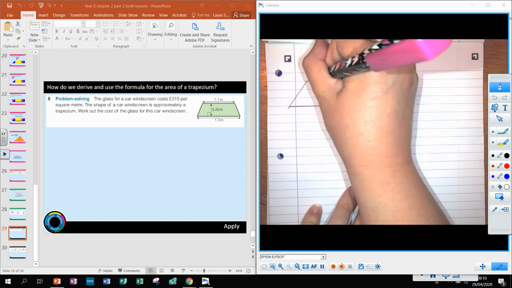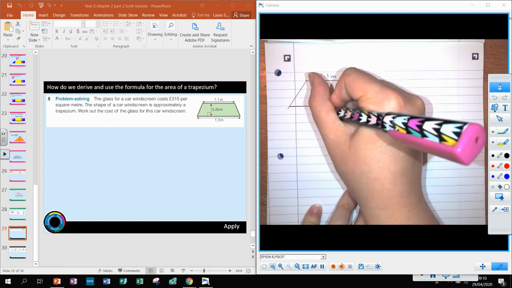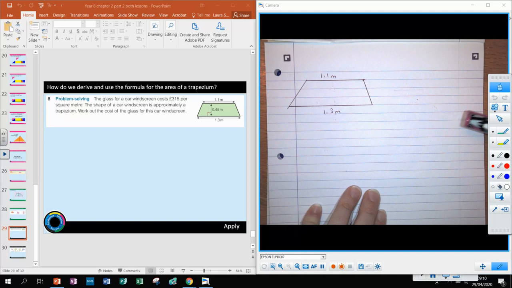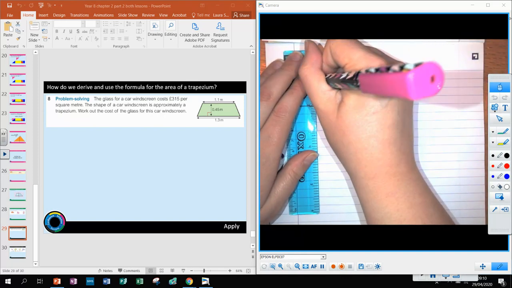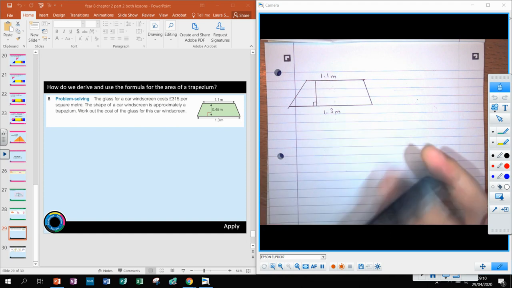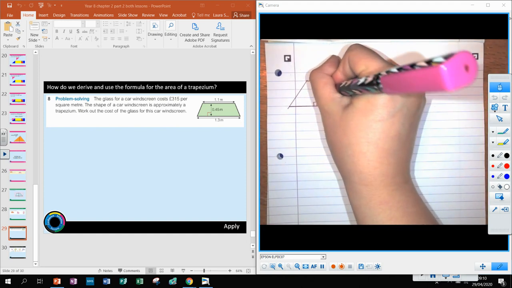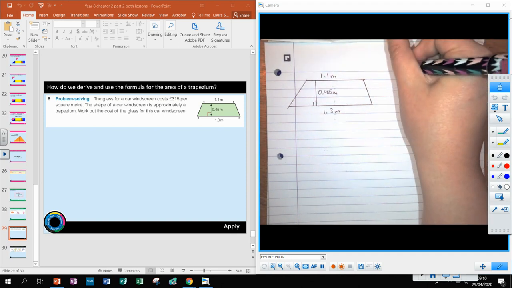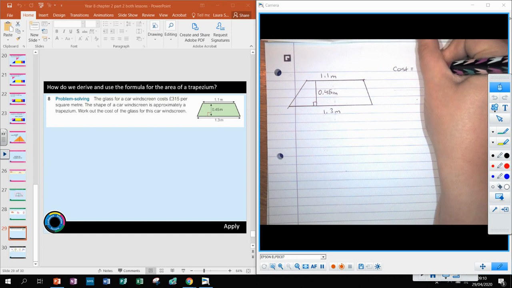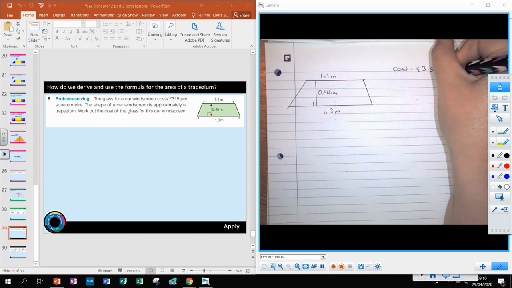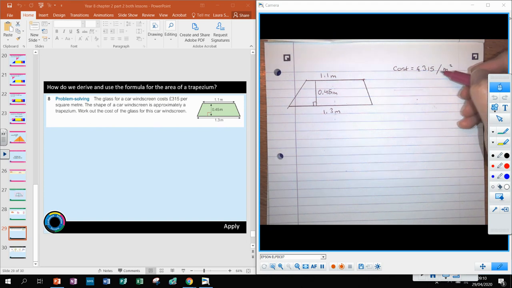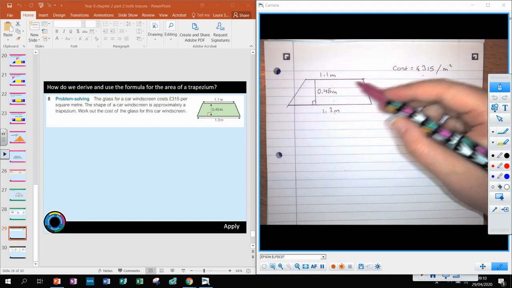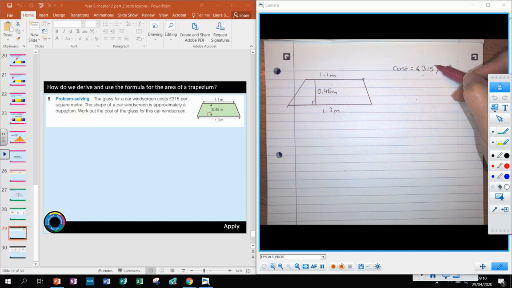Right, and we've got 1.1 meters. We have 1.3 meters, and our perpendicular height, they have told us, is 0.45 meters. Okay, and the question says the glass for a car windscreen costs $315 per square meter. So I know that the cost is equal to 315 pounds per meter squared. So every meter squared is going to cost this. So once we get our area in meters squared, we'll have to multiply by the cost to get the total